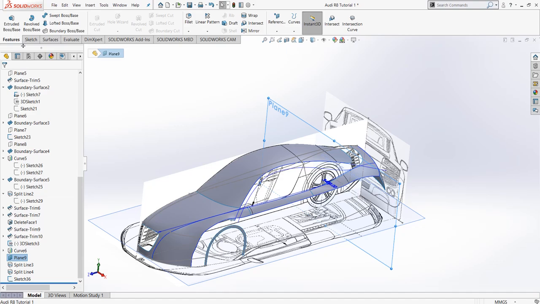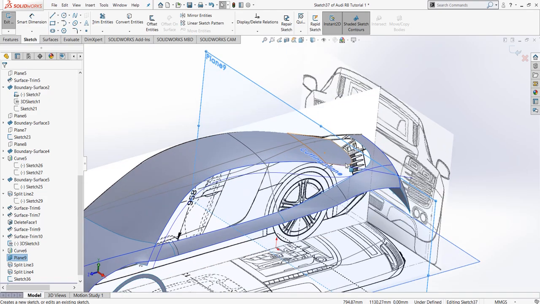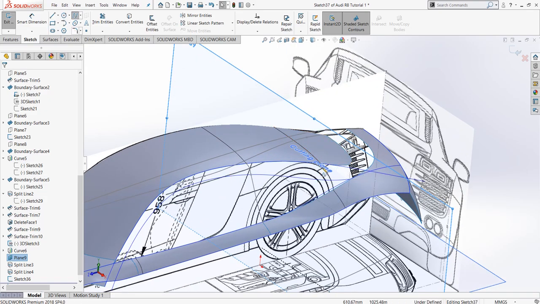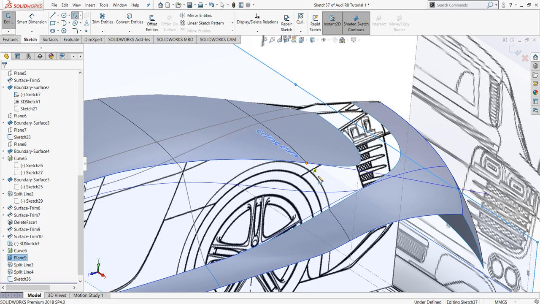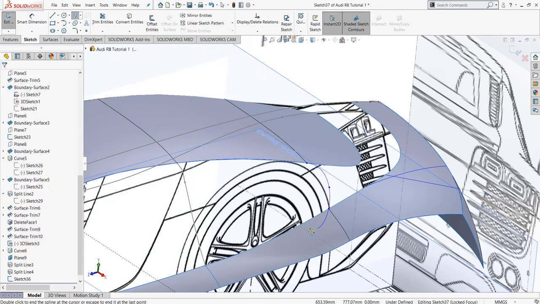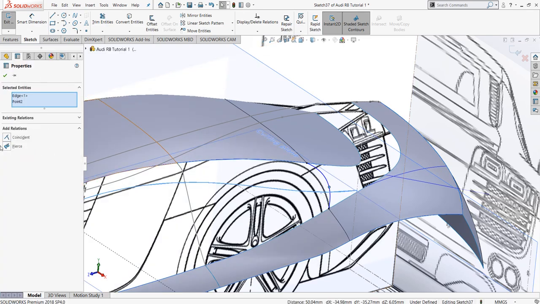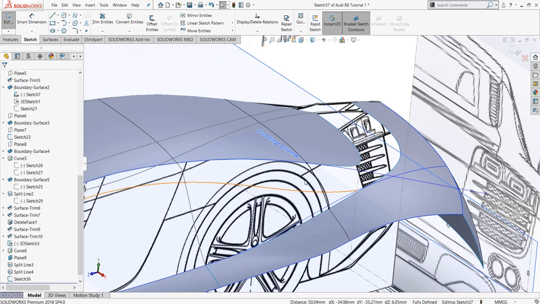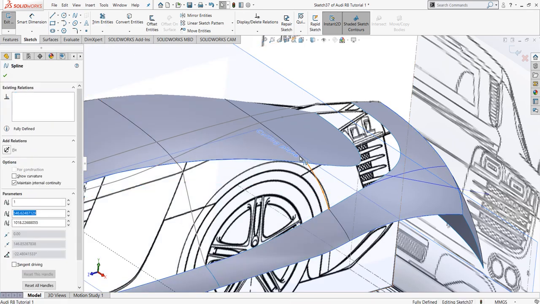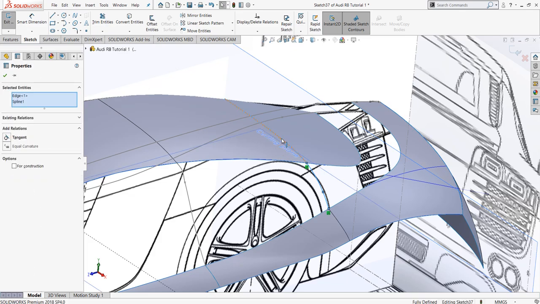Now go to plane 9 and click sketch. And follow the same procedure. Draw a spline from over here, second point over here and the last point over here. Now select the second point and click this spline, give pierce. As said, select these two curves and give equal curvature.